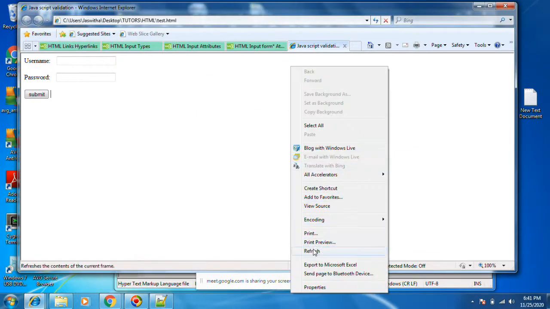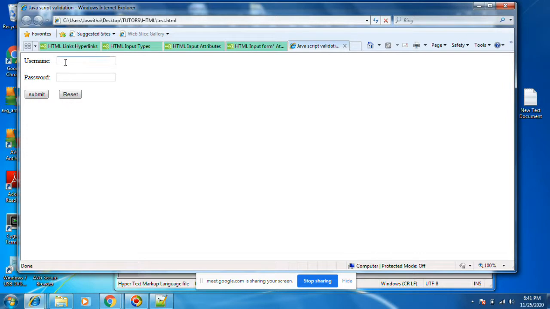Just refresh. Now I have added something. Just reset, all are cleared. I can do reset manually also, but instead of doing it manually, you can do reset using the reset button. If you click reset, it will clear.